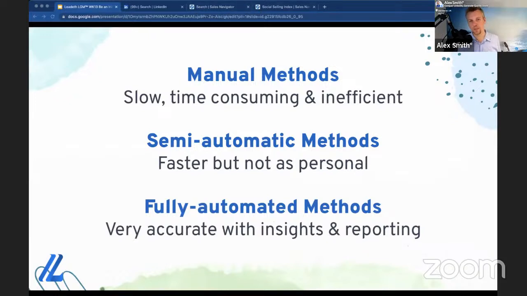I'm happy to dive into some of those methods if anyone wants me to do a bit of a close up. Oh, a bird just flew into my window, which went bang. I hope he's all right. Yeah, he flew straight back out.